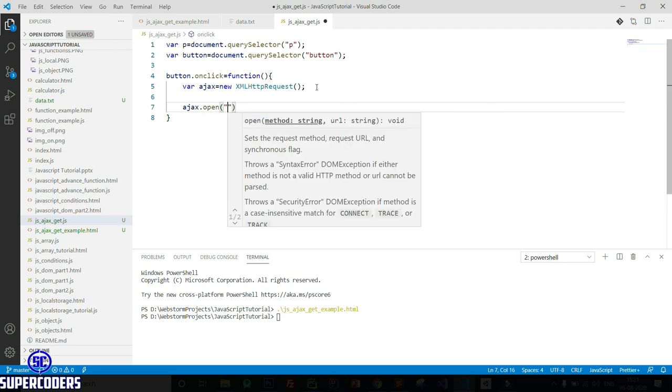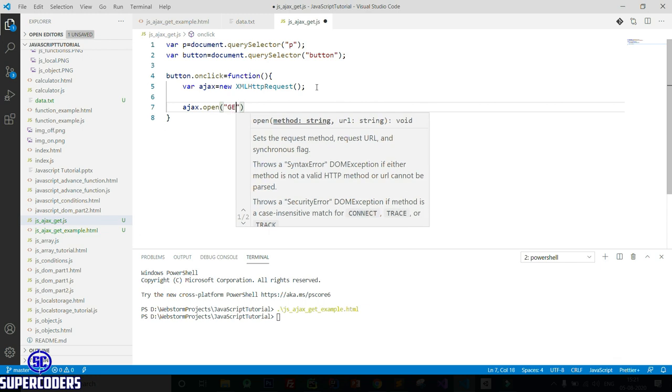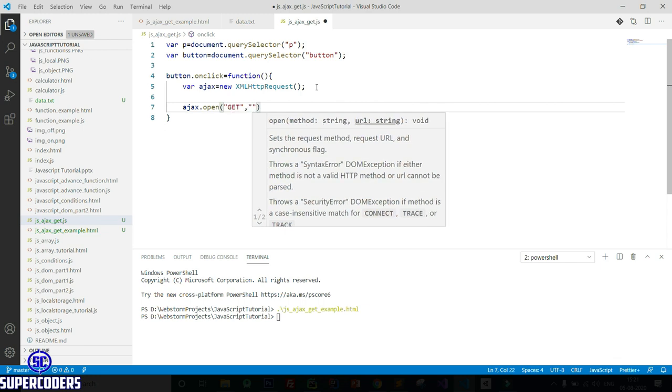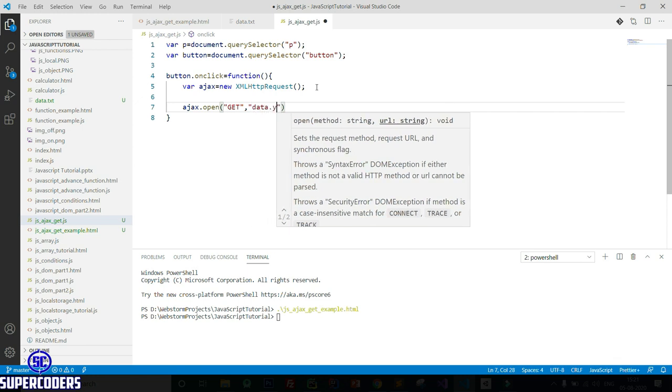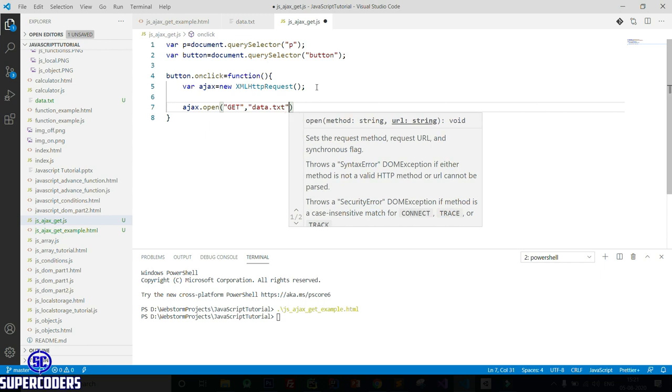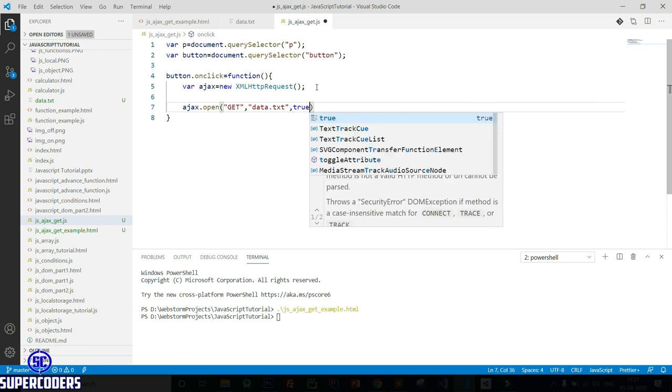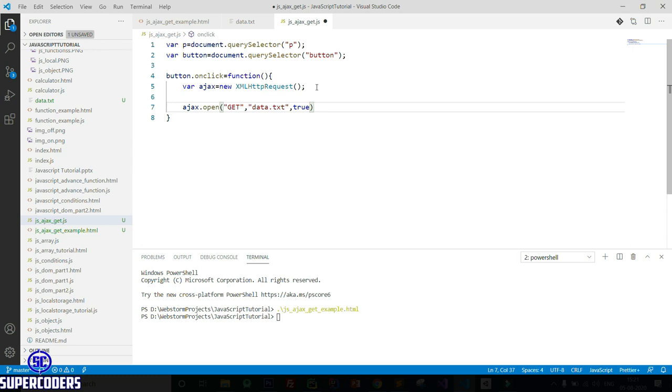Here first passing a parameter which is the method, GET or POST. So I am passing GET, then passing the file name, data.txt, then passing true or false. So pass true, which is an async call, then ajax.send.